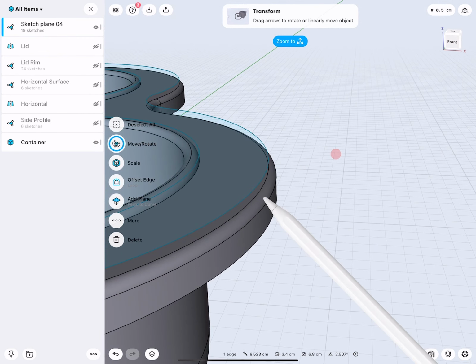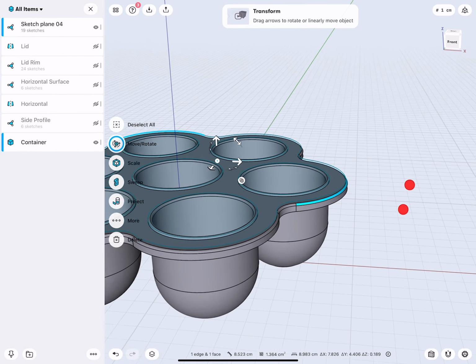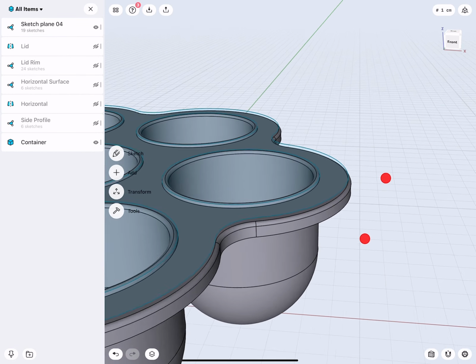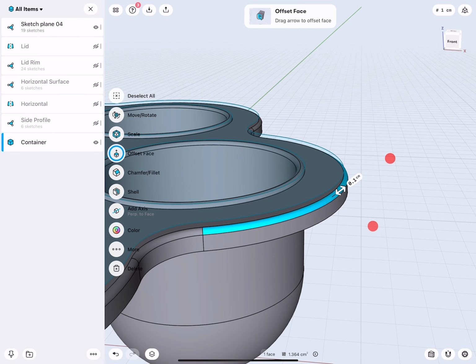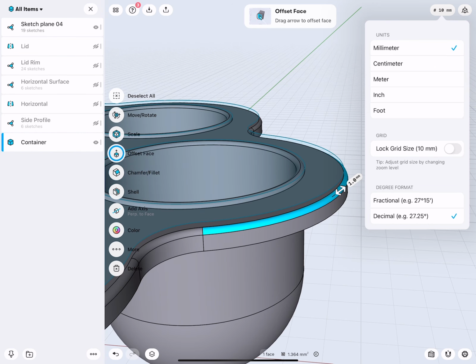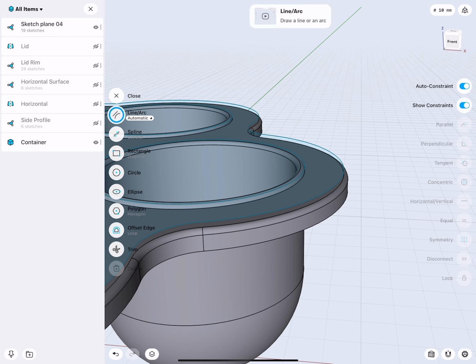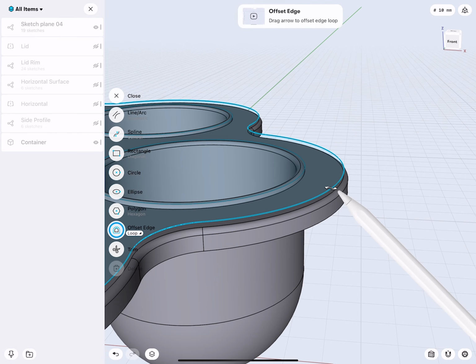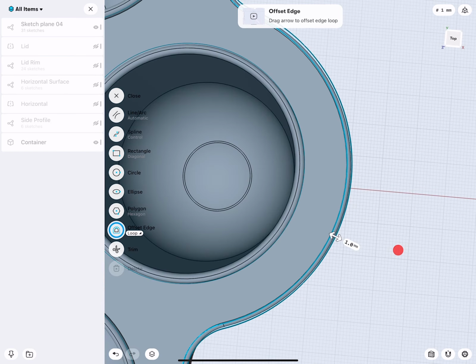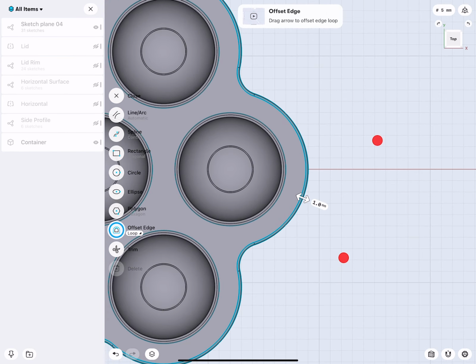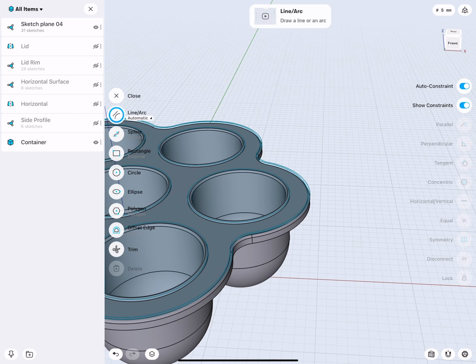What's the radius of the fillet? I think we set this to 1 millimeter. If we go now to millimeters, it's easy to read out. Very good. So that means when I go offset loop, give this a 1 millimeter radius, top view, yes, it perfectly fits on it. There.